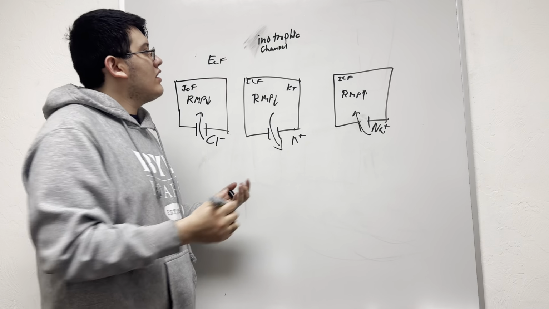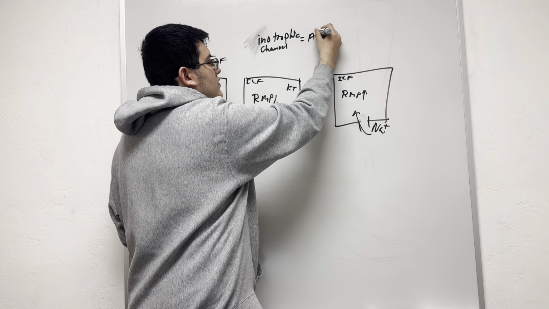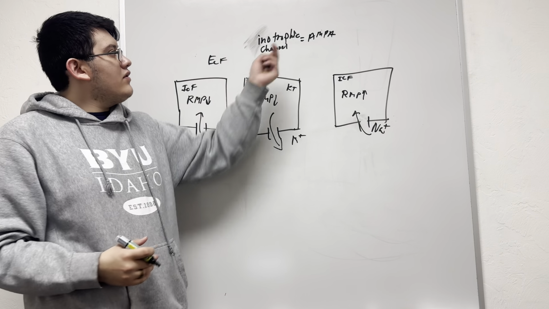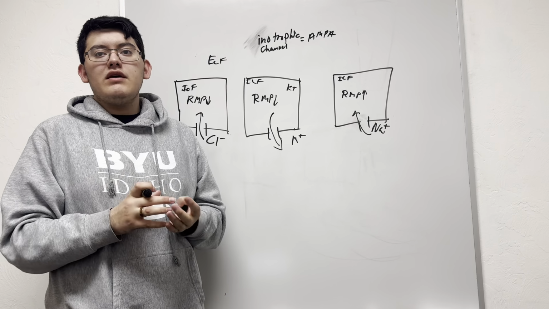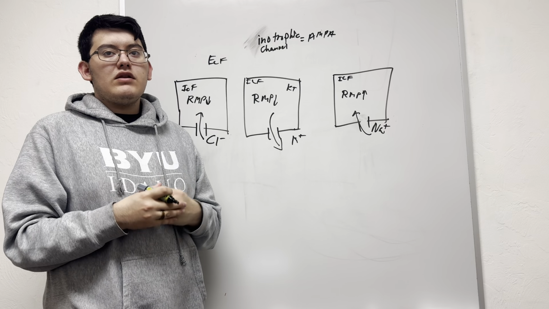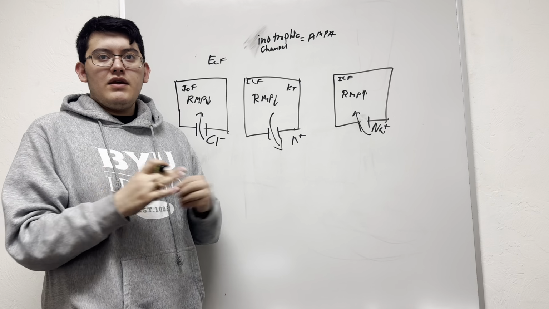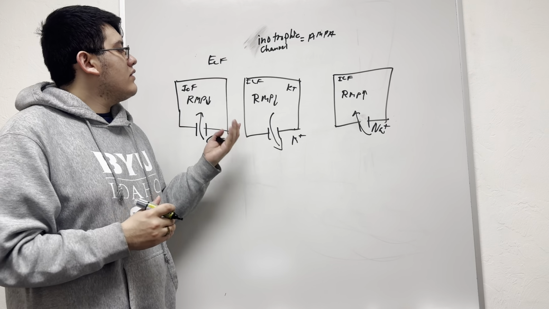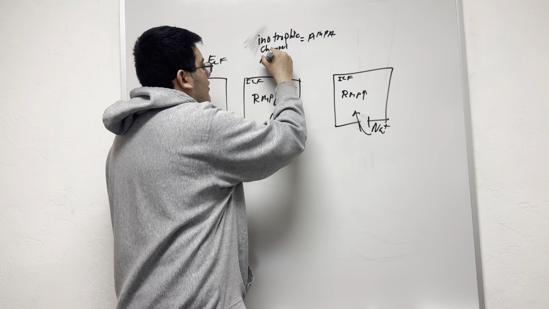An example of that channel would be the AMPA channel. When the AMPA channel receives glutamate, it allows something like the TRPM channel to open. It causes an increase in the activity, while the difference with the